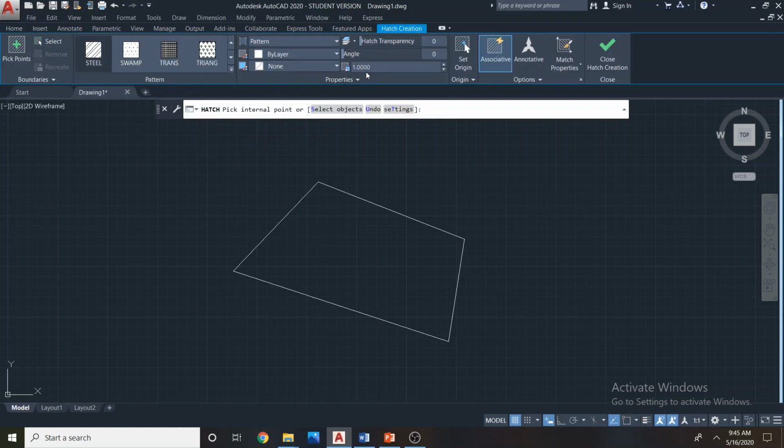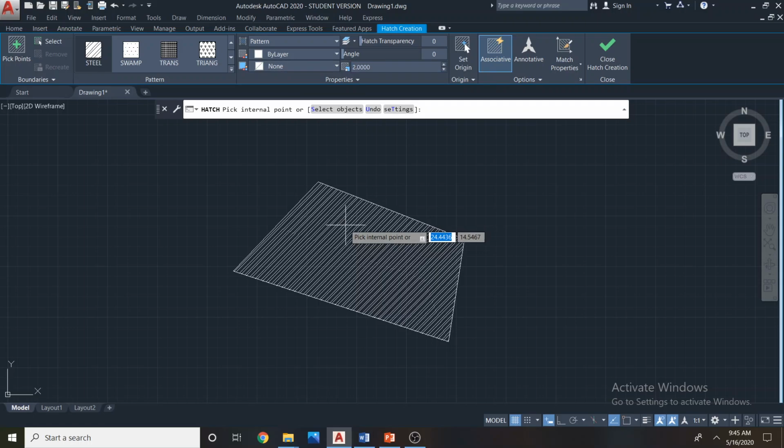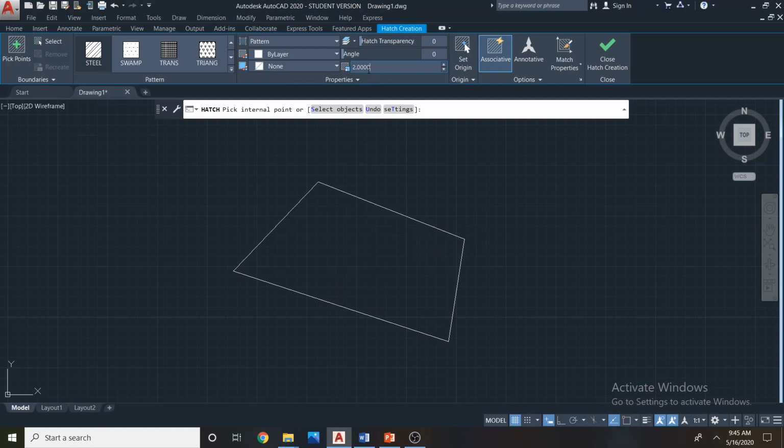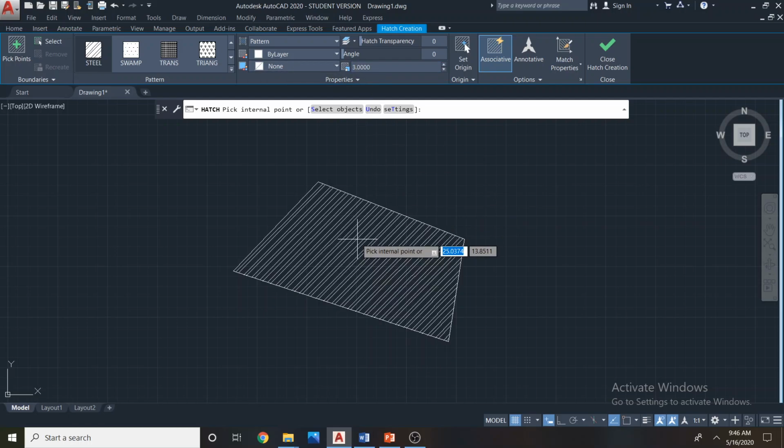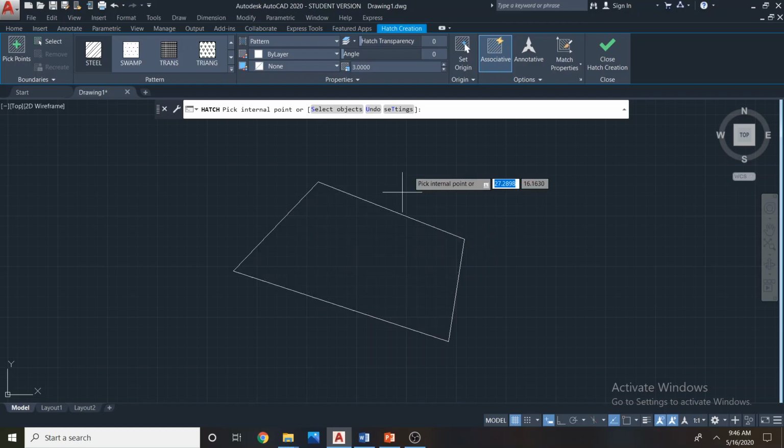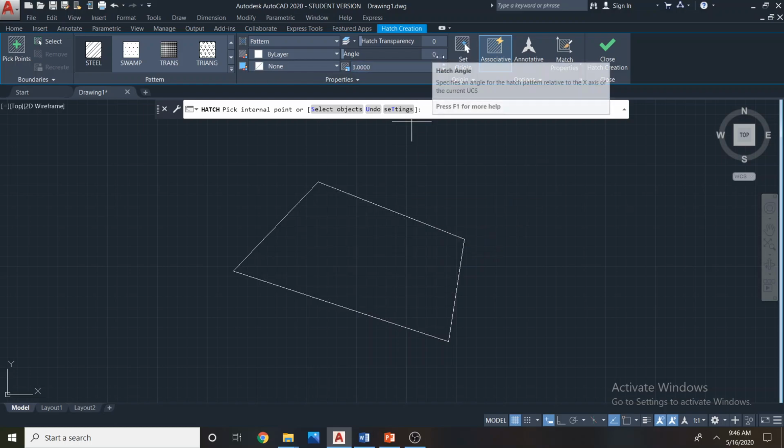Steel is selected. Now there are concepts called hatch angle and hatch scale. So when you increase the hatch scale, say to 2, now your pattern is somewhat good, better, it's visible. Now say 3. Now hatch angle is automatically defined by the hatch pattern. Now this is 45 degrees. Normally steel hatch angle is 45 degrees. So if you apply, say, now this is 0.